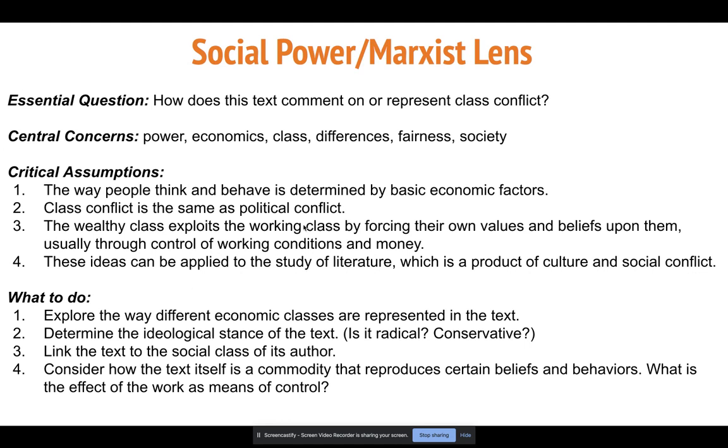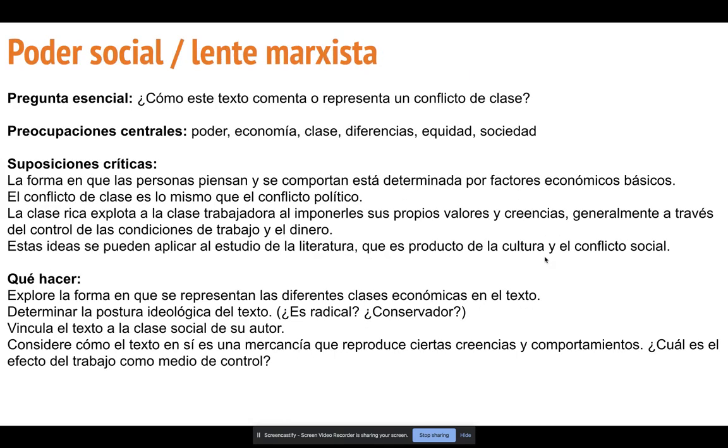Okay. So again, in recap, you're taking these critical assumptions into the text with you. You don't have to answer these. You don't have to write about these. These are just things that should be on your mind as you're watching and as you're reading your text. Okay. Again, I have a slide in Spanish if you need it. If you'd like to pause here, just read through. Maybe there might be phrases that make more sense than what I was saying or what was on the other slide. Go ahead and use this as you need.